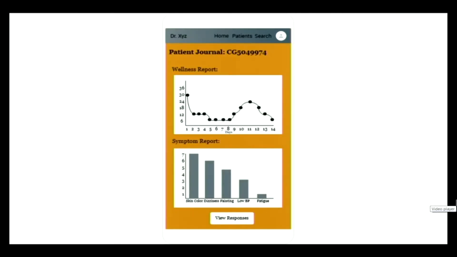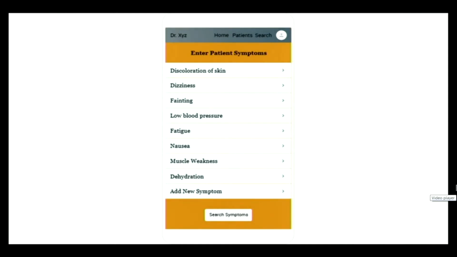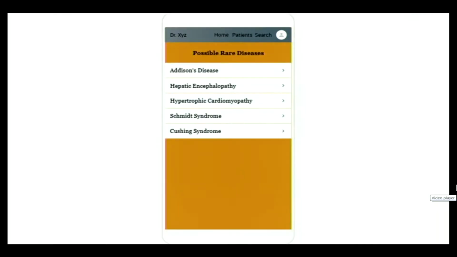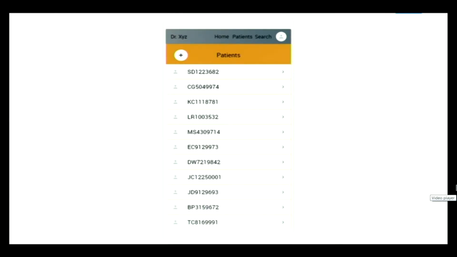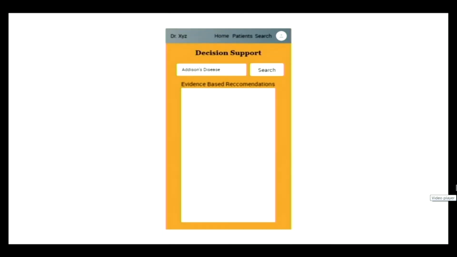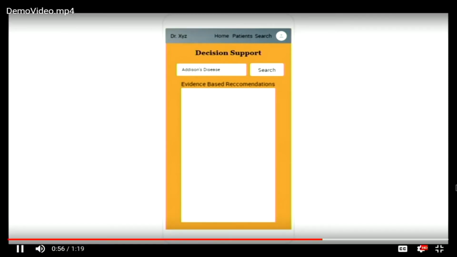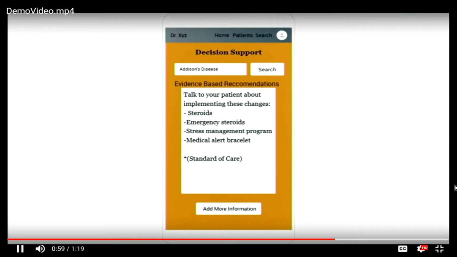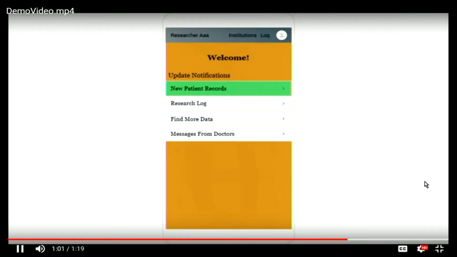The doctor is also alerted of patient journal updates. Here they can view the demographics from the patient's health survey. Doctors can use the application's main feature of a diagnostic tool in which you input the patient's most prevalent symptoms and receive a list of most likely diagnoses based on a comprehensive database. The doctor can view all of their patients under a coded patient list and view patient profiles that contain important information. Once the doctor has made a diagnosis, they can use decision support to search the disease and receive recommendations based on standards of care. Researchers are able to receive